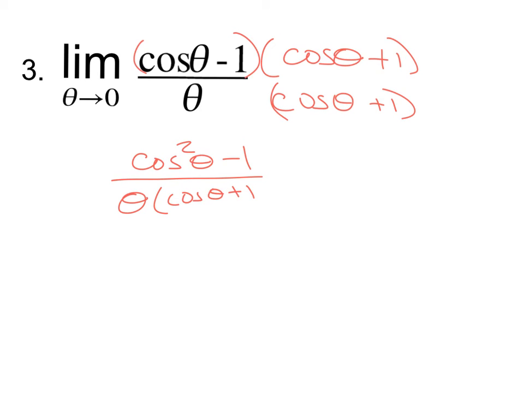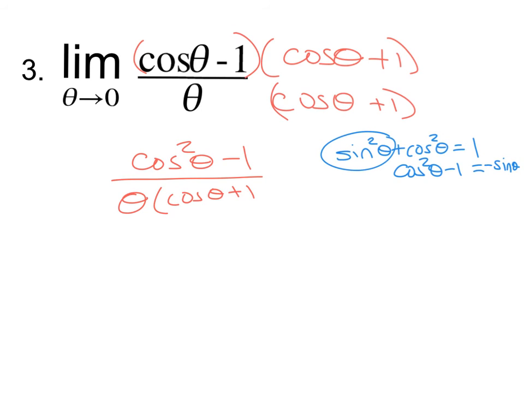Now, I don't see a sine. Do you see a sine? What's the Pythagorean identity involving sine? Sine squared of theta plus cosine squared of theta equals 1. Now, where can I get cosine squared minus 1? So if I bring this 1 over here, I get cosine squared theta minus 1. And then I have to bring the sine to the other side, so this is negative sine squared. So that top is actually equal to negative sine squared of theta